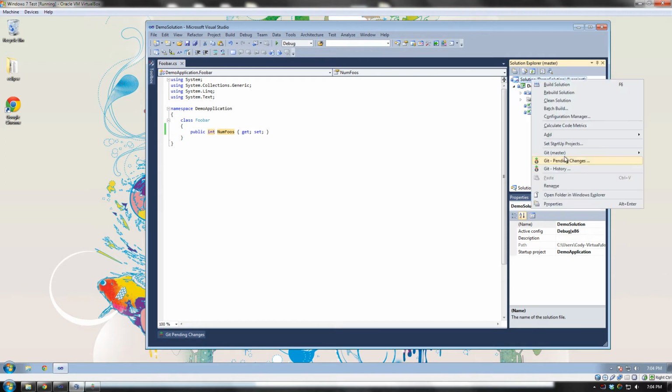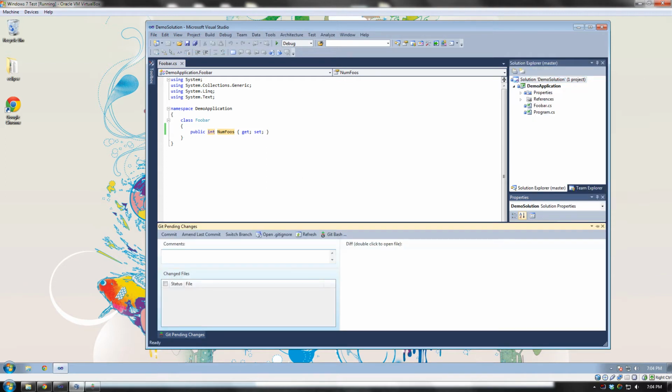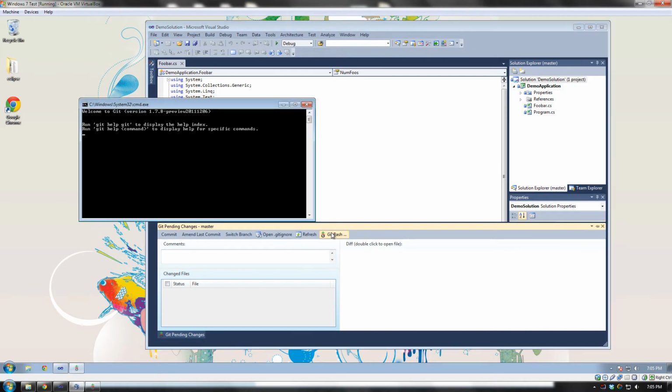Save. Oops. Refresh. There we go. Added numFoos. Commit. Now, when user B tries to push to the server,